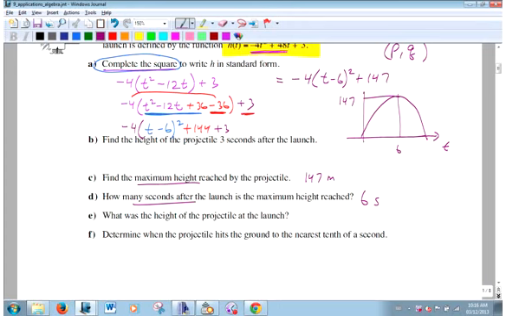Okay? Find the height of the projectile 3 seconds after the launch. Again, I already wrote this out. If I do that, I will get, what was the answer? Okay, I already did it. It was 111. Okay, but plug that in your calculator, and you'll get 111. You can do it in one line on this thing if you're clever. Okay, at launch,